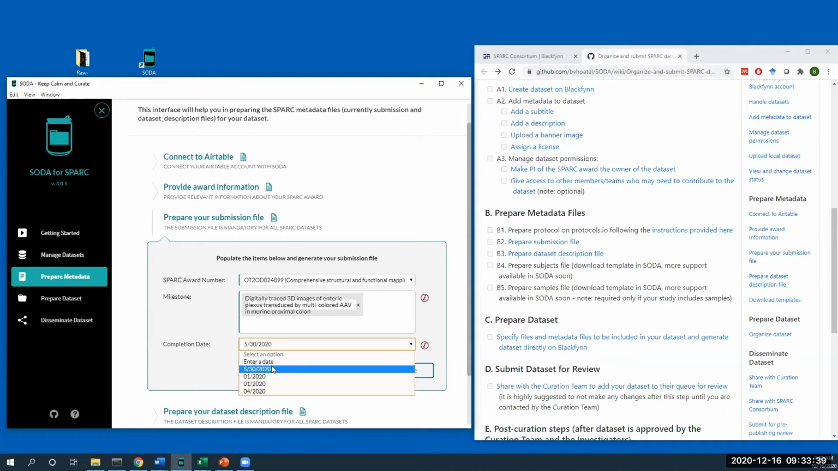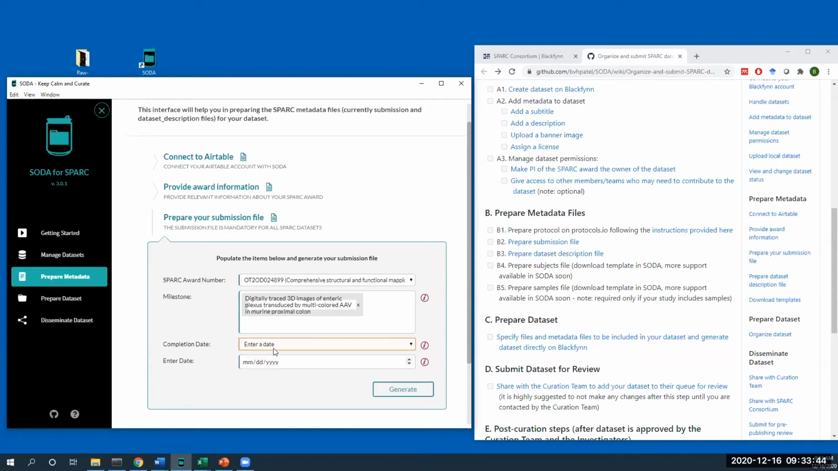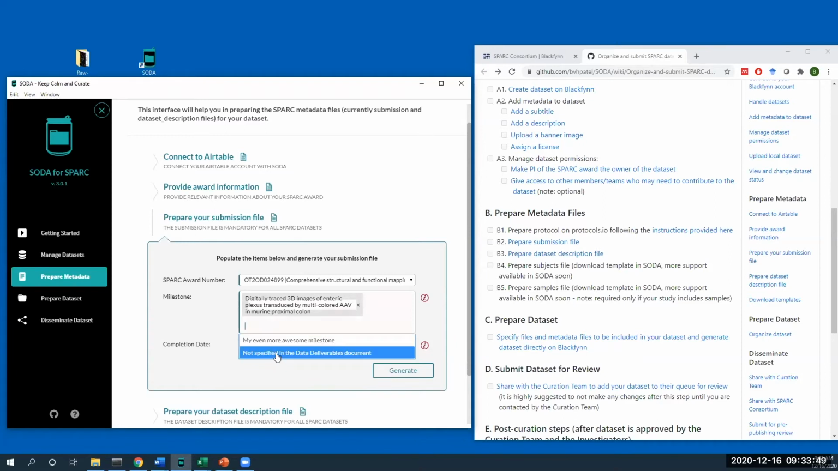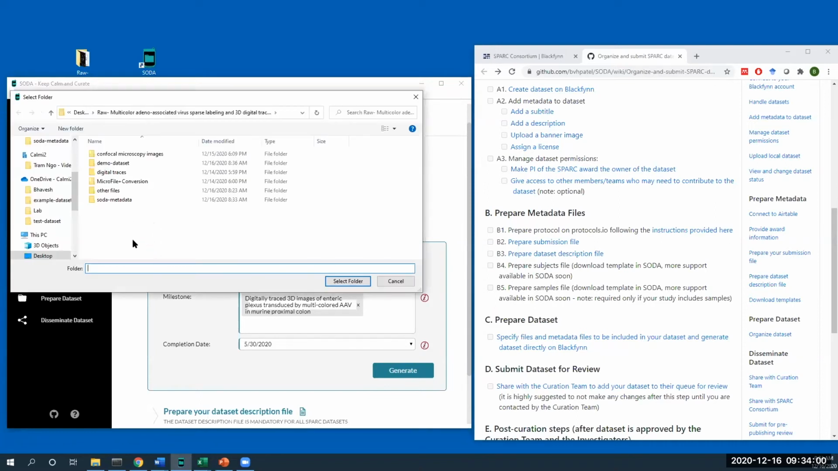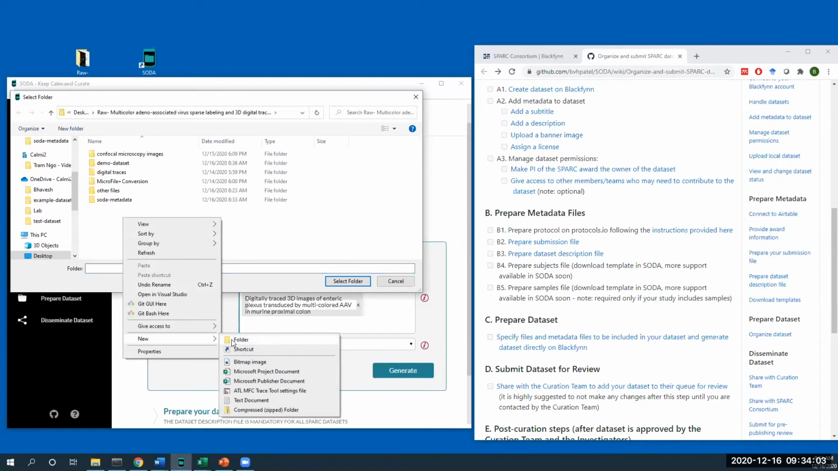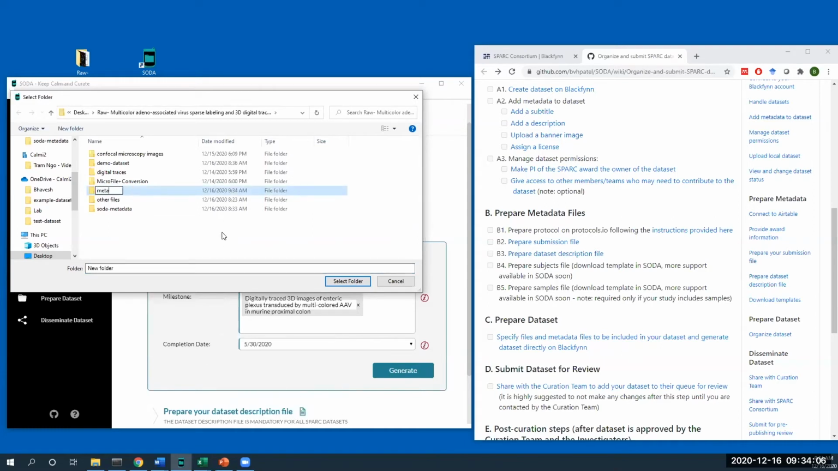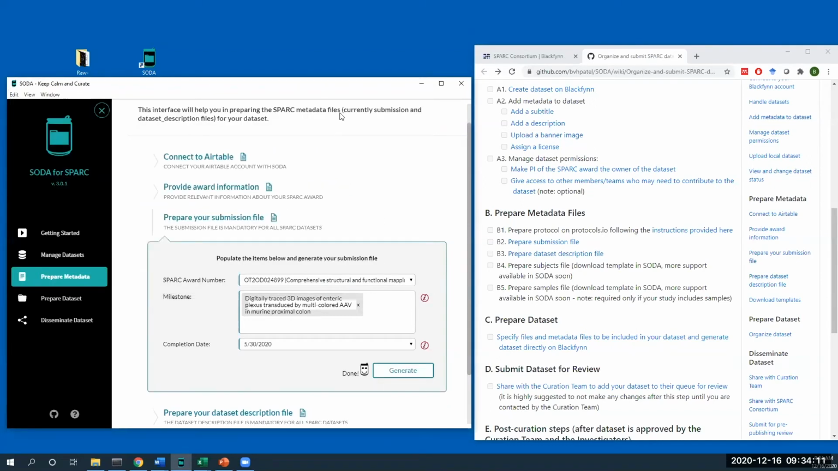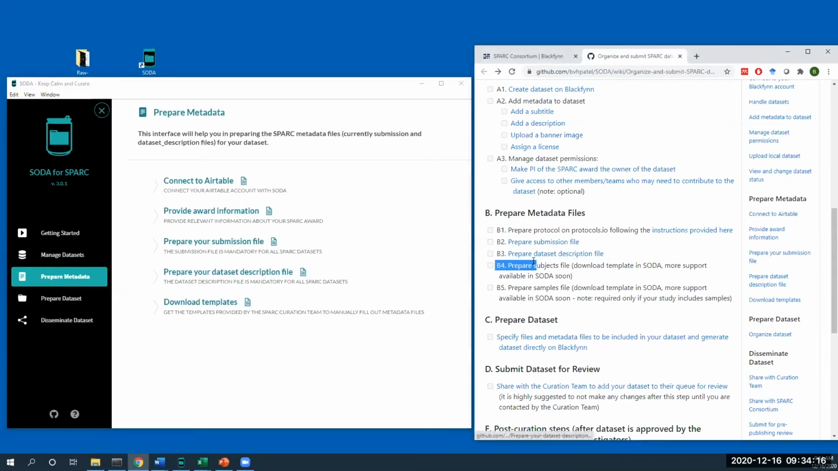In the rare case where the date has been changed from the original agreement, we allow you to do that by entering a custom date. And similarly, if you have a data set that doesn't correspond to any milestone, there's an option that says not specified in the data deliverable document. And once you're ready with that, you could just click on generate. We ask you where you want to save that, and I'm just going to create a metadata folder here and save that file right there. And I'm going to open it in a bit once I'm done with the next step, which is preparing the